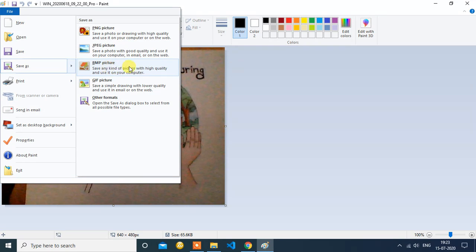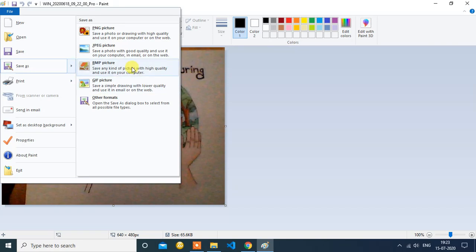First is BMP. BMP pictures save any kind of picture with high quality and you can use it on your computer. But BMP pictures are not suitable if you want to put your image on the web or anything, because BMP pictures take a large file size and the web page will be slow to load.